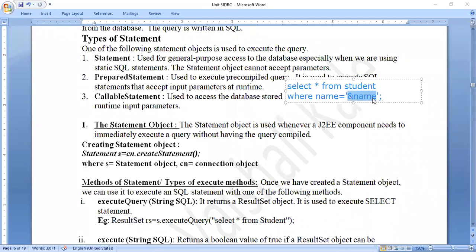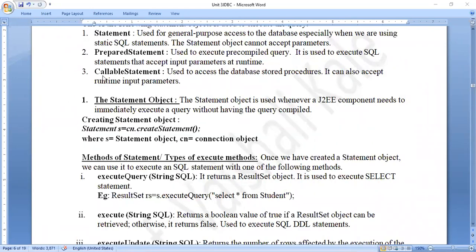That is, user will be prompted to enter the name, and once the user enters the name, that will be substituted here to match, and that particular record will be fetched from the table. So this is called as parametric query. So whenever we want to execute parametric query by accepting user input dynamically, we make use of prepared statement object. So in our fifth journal program, we have made use of prepared statement object, and in our sixth journal program, we have used statement object. So wherever there is hash table, we have used statement object, and when there is no hash table, we have used prepared statement object.